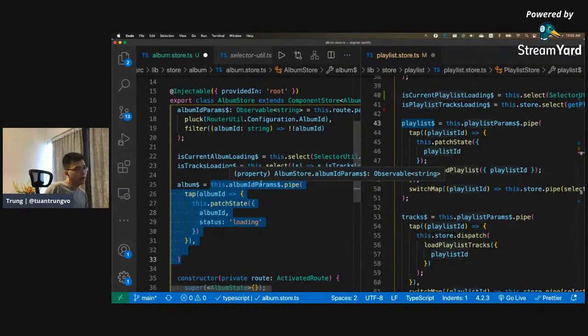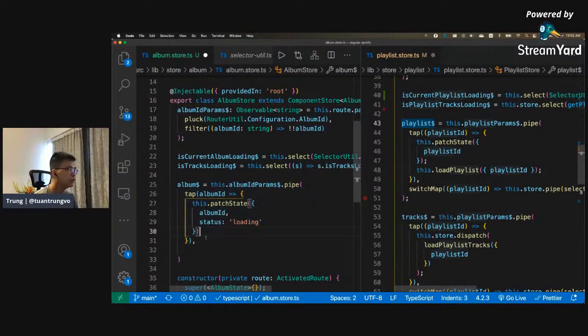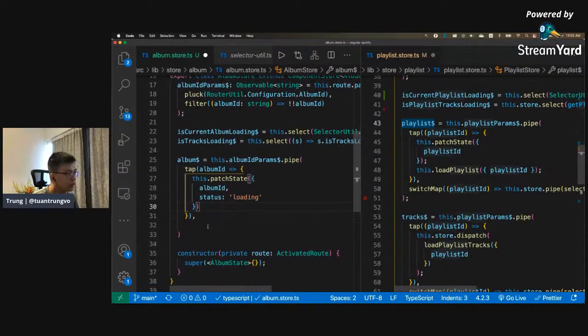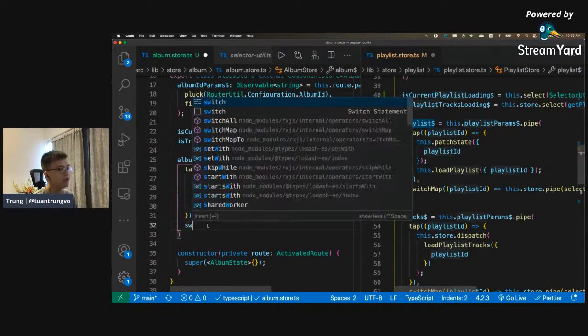So when it goes to the tab, I'll need to actually start to load the album, and the load album needs to be an effect then. Yeah, okay. And then we will also take out the data